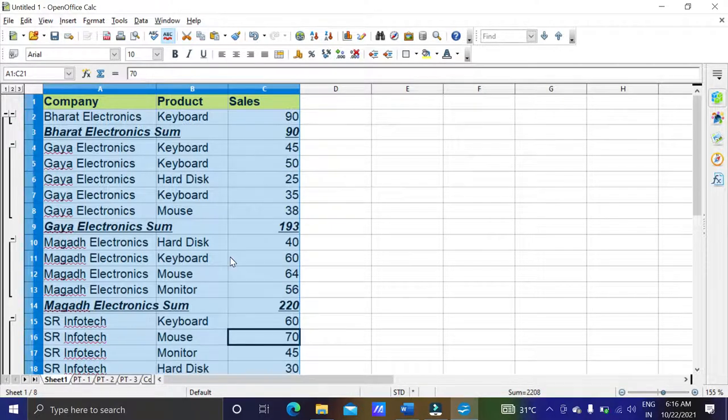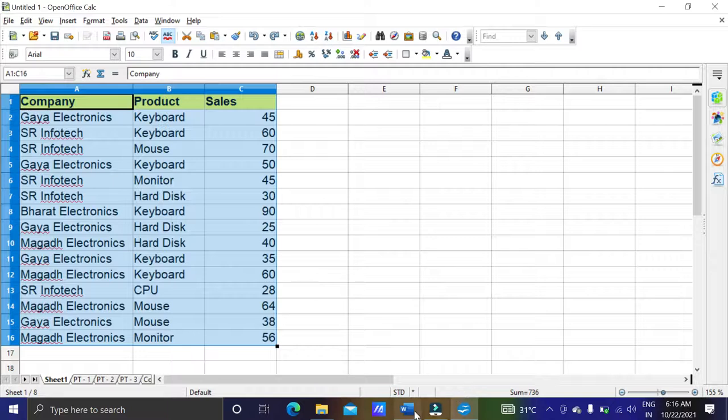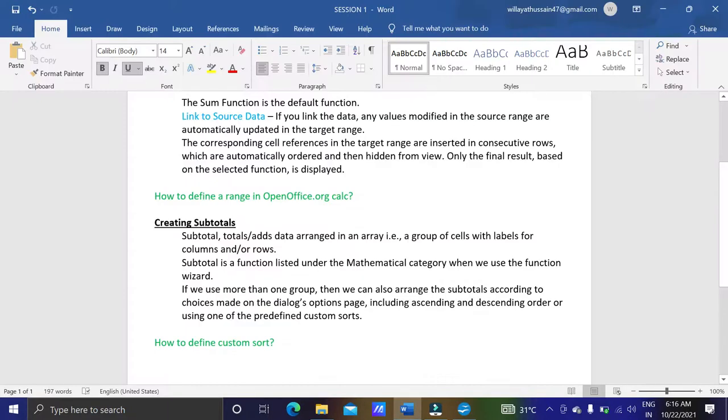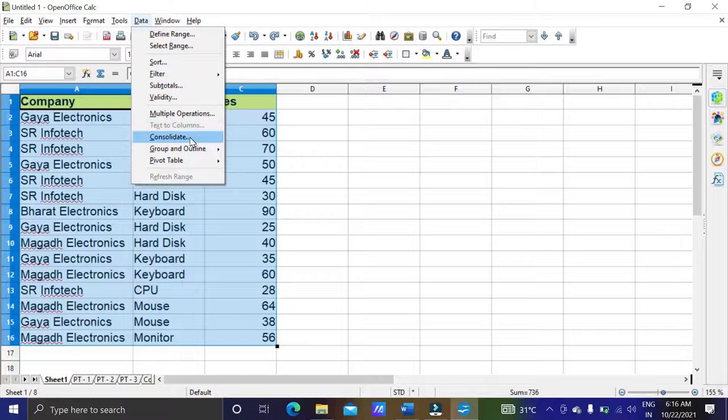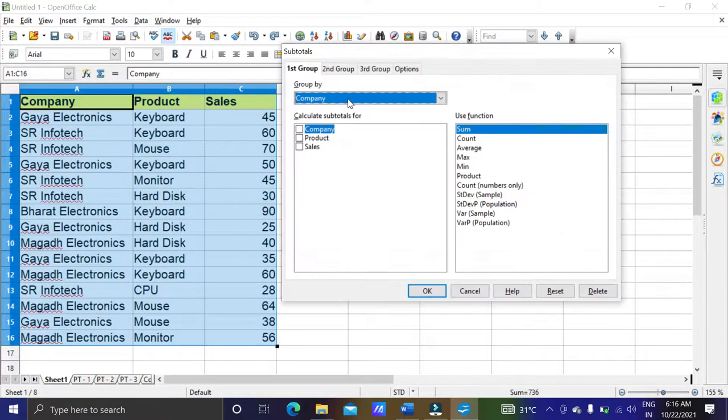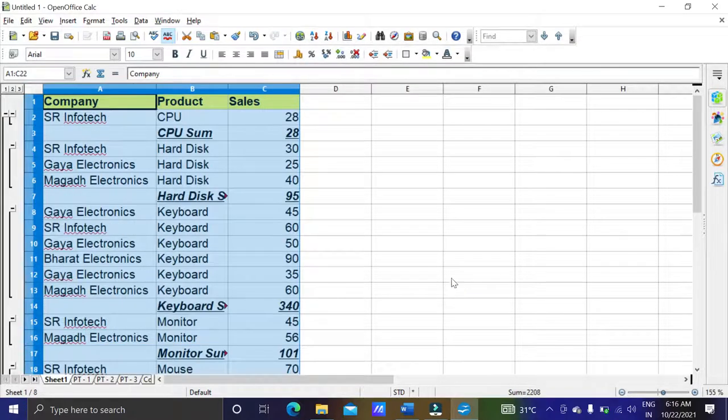Suppose I don't want to consolidate it like this, so I will go for sales now. Company we have used, so I will go for group by product, and this time again I want to calculate the sales. So here it is, according to product it has grouped.